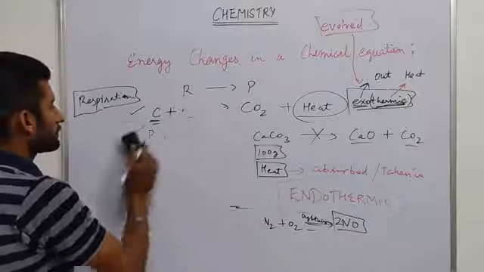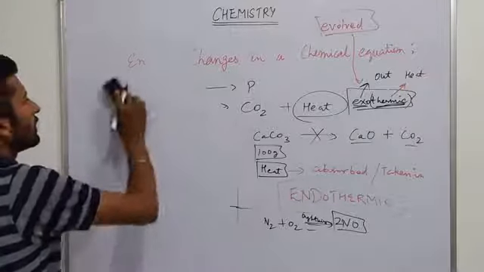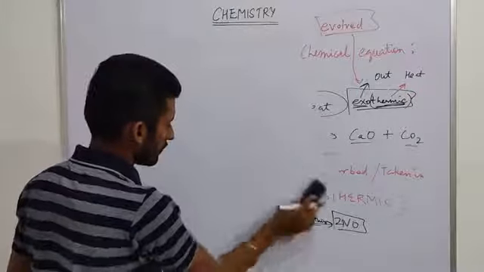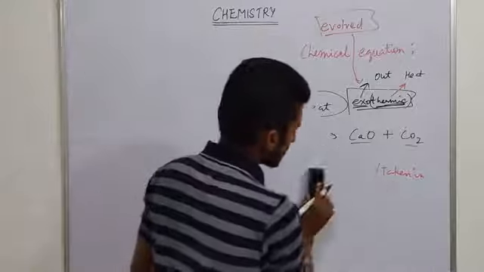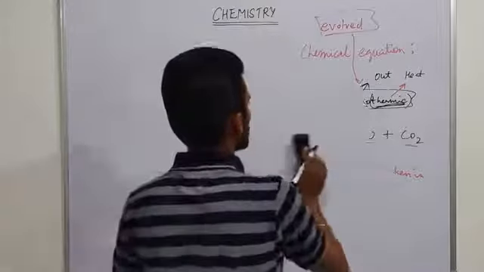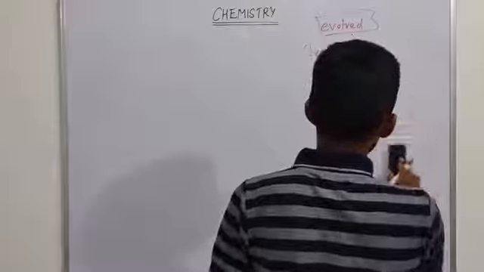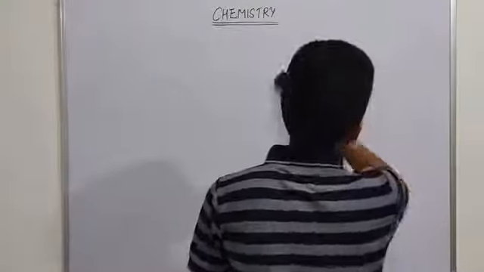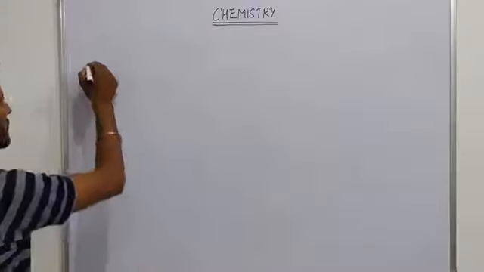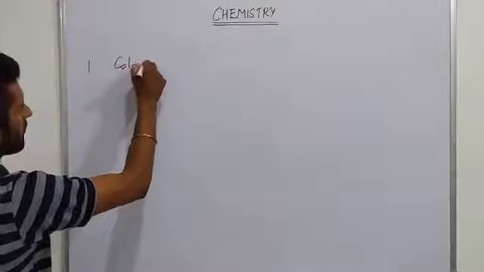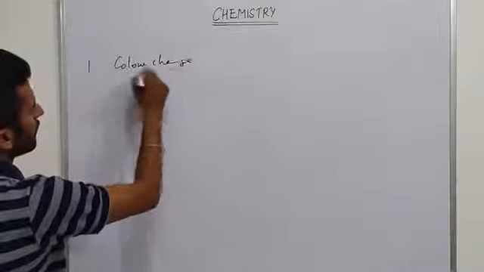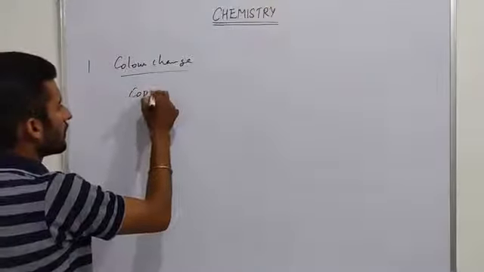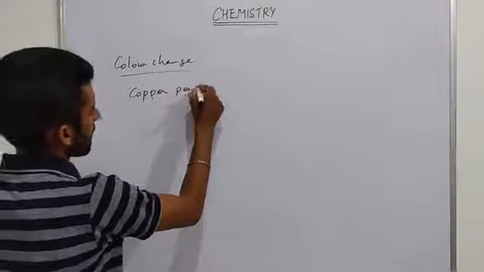After that, we have different chemical equations. So different chemical equations, they either involve the change of color, some involve change in state, some involve formation of a gaseous product, and some involve the formation of precipitate. So first of all, change in color. Color change, when it is noticed, like when copper pentahydrate